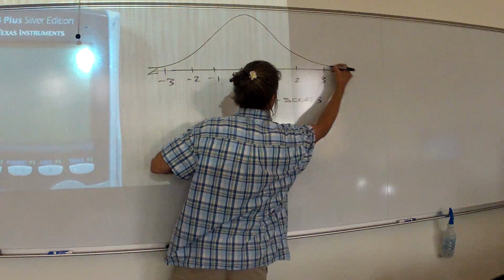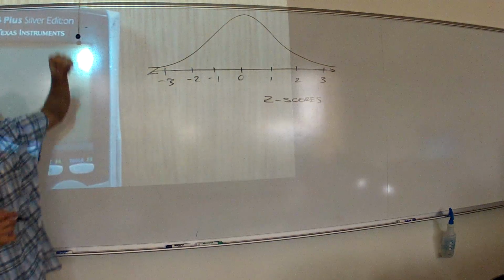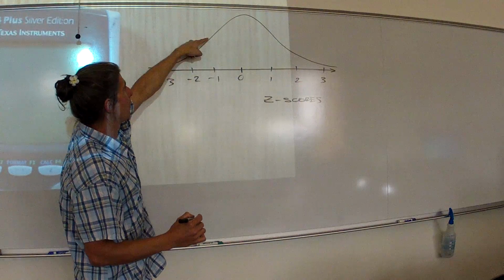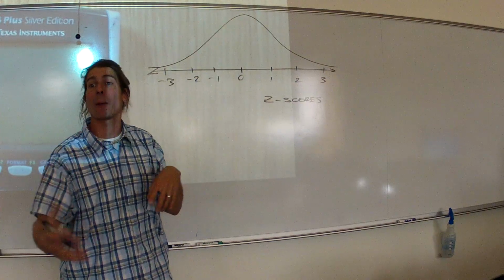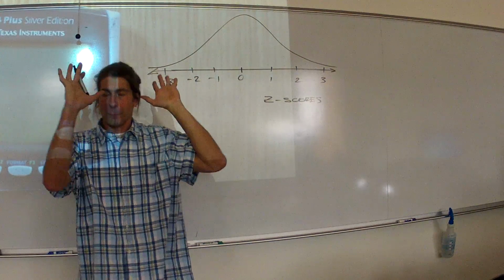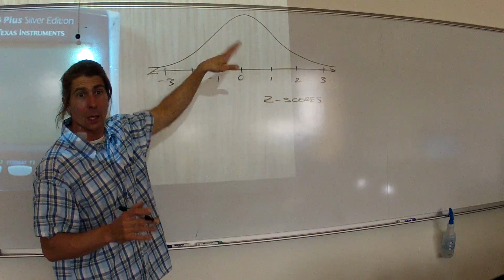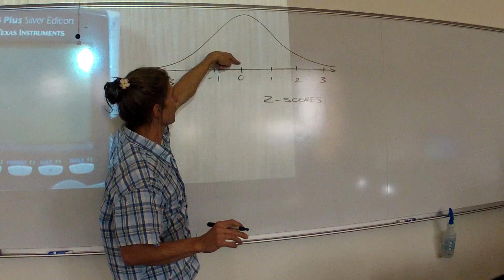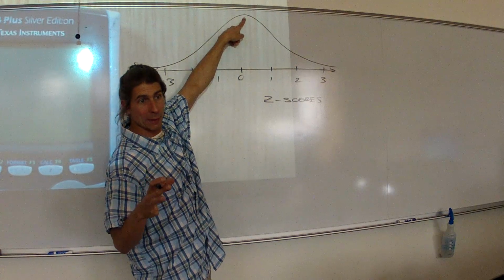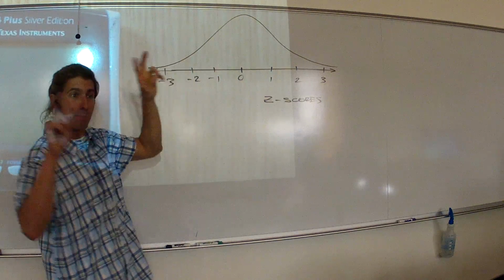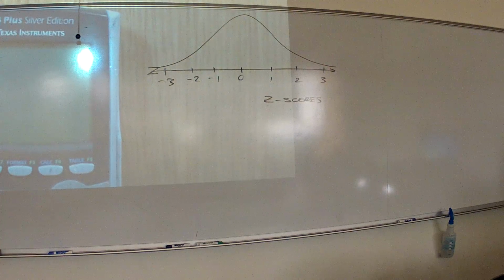It's going to be a bell-shaped curve where the height of the curve above a certain value is the probability of that value. Now, don't get too hung up on what the scale of this is. FYI, this is about 0.4. So about 40% is right above 0, and then it falls off in a bell-shaped fashion towards the tails. Something else to think about, the tails never touch. They get infinitely close but never touch, which means if you go out far enough, there's still a probability, but